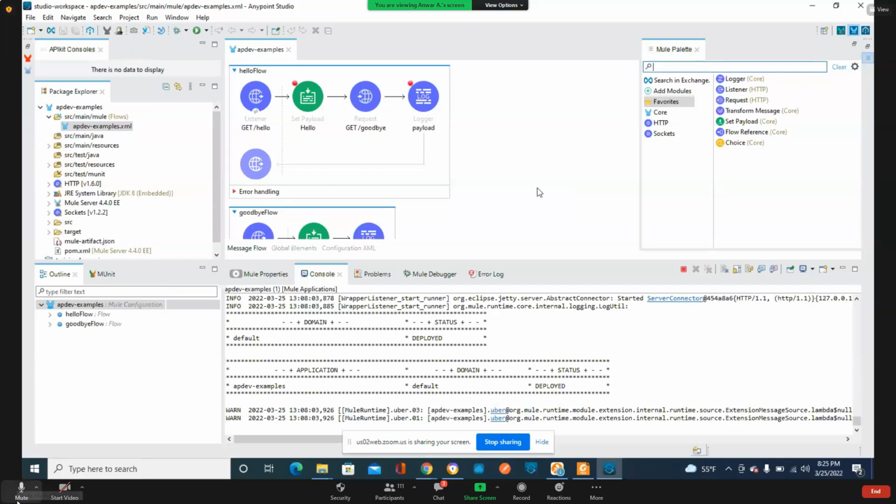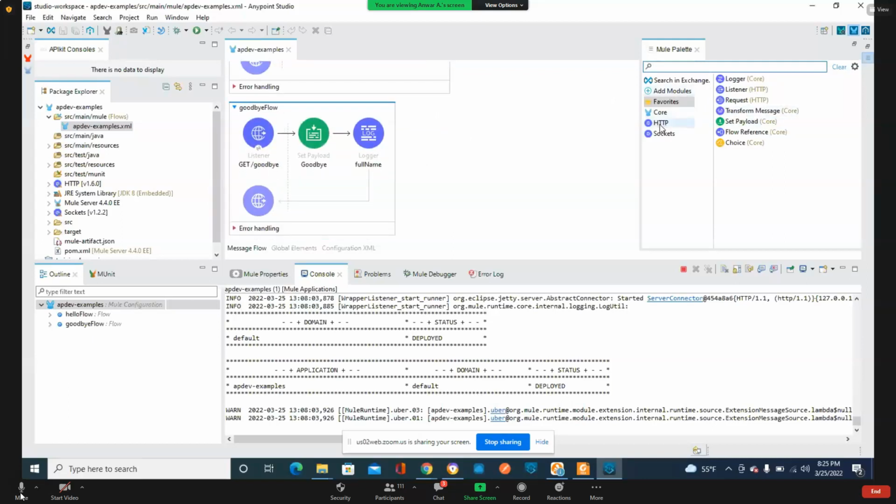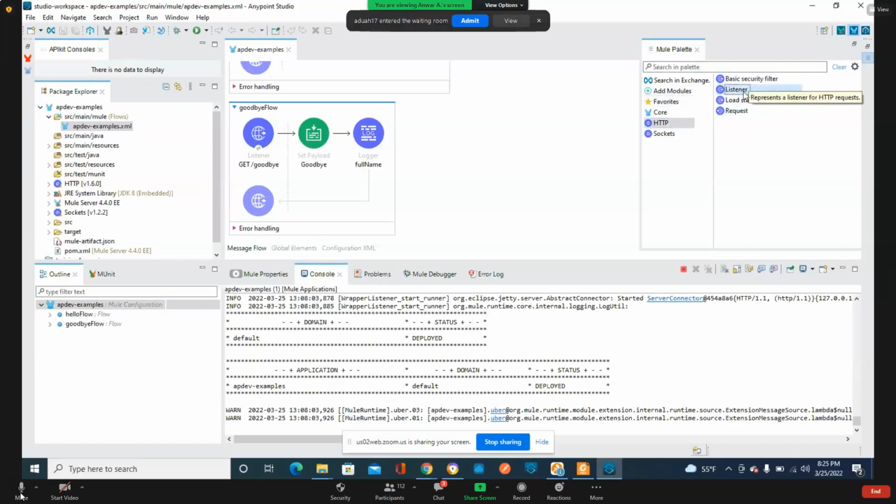Yes. Well, these are the ones that we were talking about earlier: the package explorer, the canvas, the Mule palette, and the console. I was working on this one before. So basically, I used the palette to drag and drop. I can show you one here. For example, let me drag and drop the listener. We'll be doing this next section, next class for sure. So as a demo,